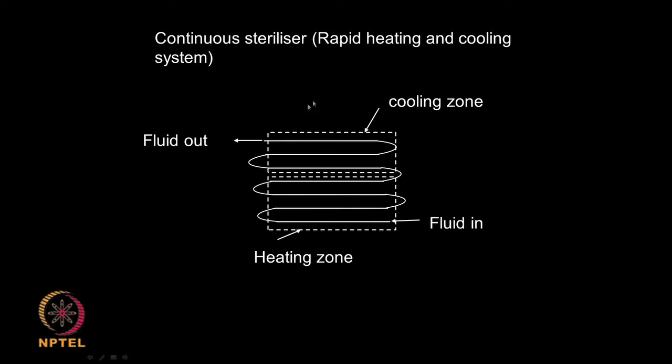We have continuous sterilizers where you have rapid heating and cooling taking place. You quickly heat and then you quickly cool, generally used for pasteurizing milk. As you know, milk you do not want to heat and keep for a very long time because it may get denatured. So, this type of rapid heating and rapid cooling is done to kill the bacteria, at the same time not lose the